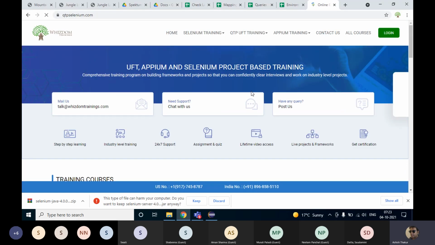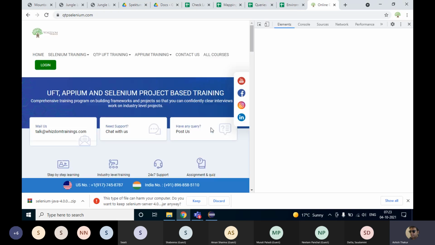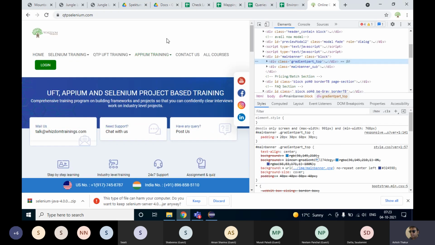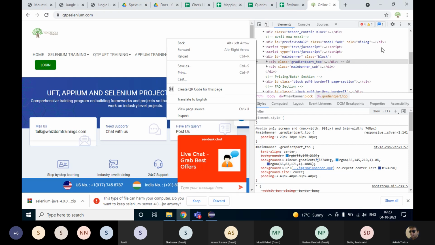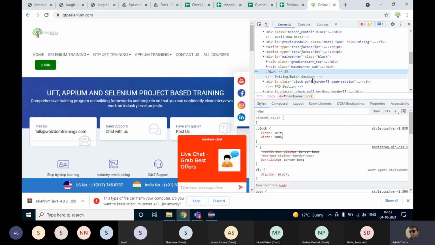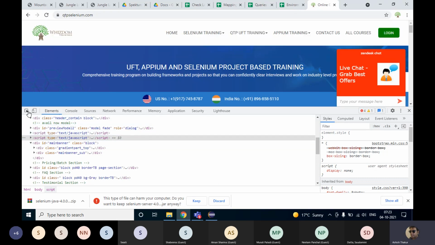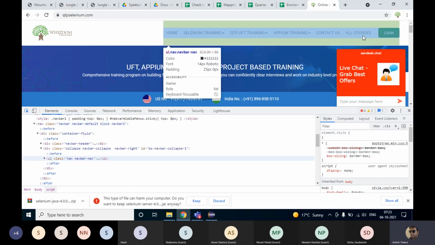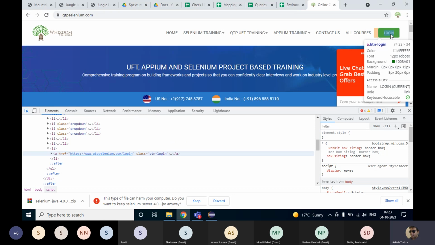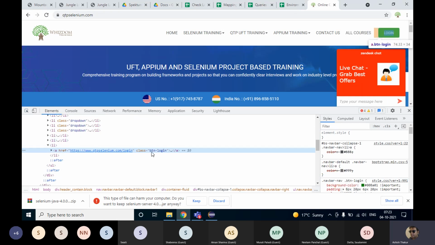Even if you go to our website and inspect the page source, you can right click in Chrome and you will get the inspect option. Fine. You'll get the Chrome inspector window. This is a really good window. You can go to the dock to bottom view. Right. Over here, the good part is, suppose I have to investigate this login button and find the page source, there is a small arrow over here. You can click on it, move the mouse over the login button and click on it. This is the page source for the login button.